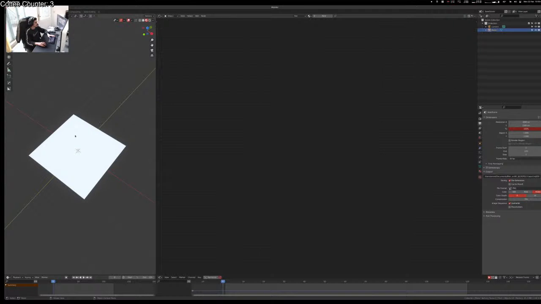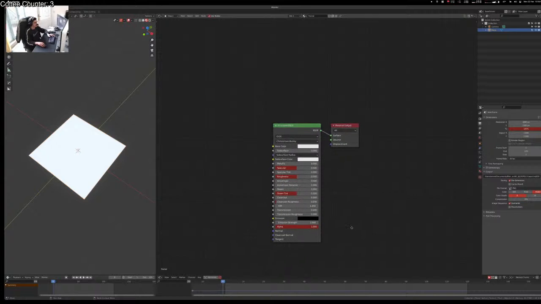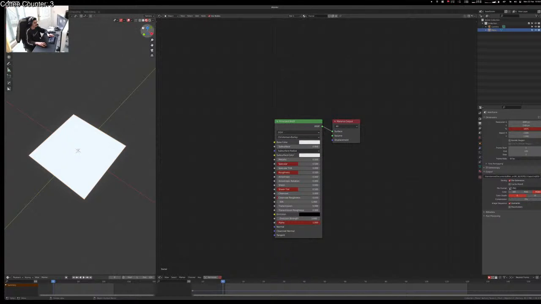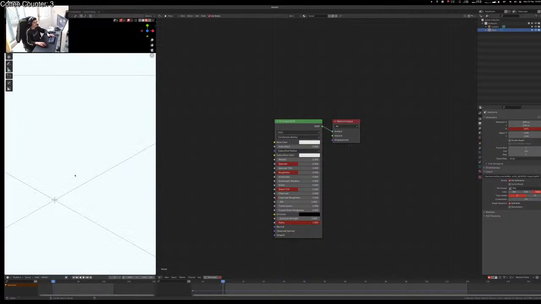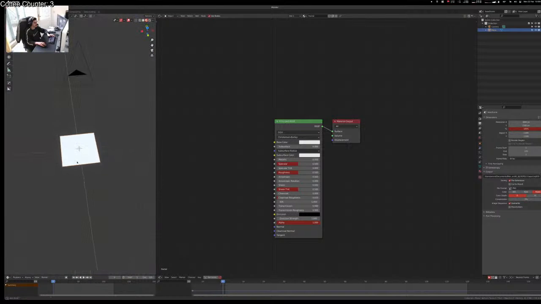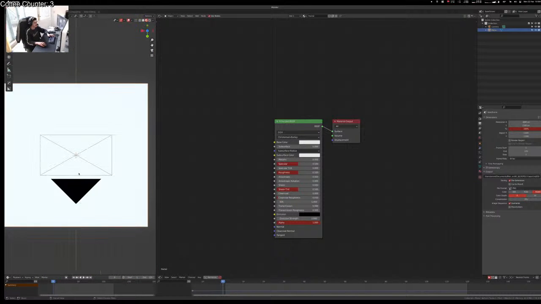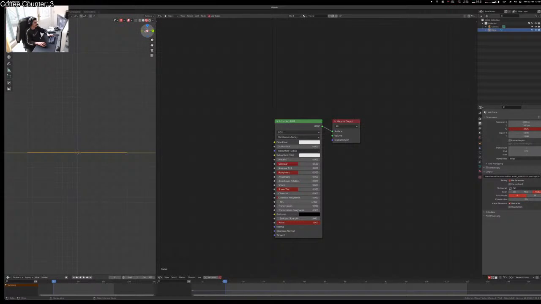Shading workspace, we're already halfway done. We've already done all our modeling. The rest of it is just nodes, so the tutorial's now wrapping up. We're going to go to the top view. Works with Eevee, works with Cycles. I recommend Eevee because it's faster, and it's nice that it works with Eevee. So, new material. We're going to call this fractal for some mysterious reason, and then we're just going to be